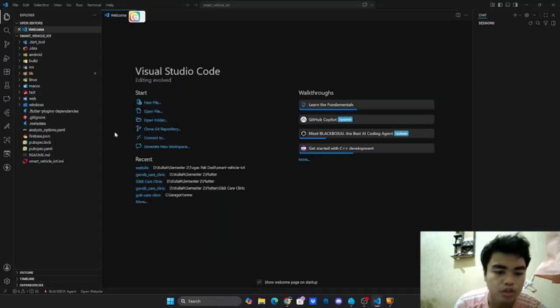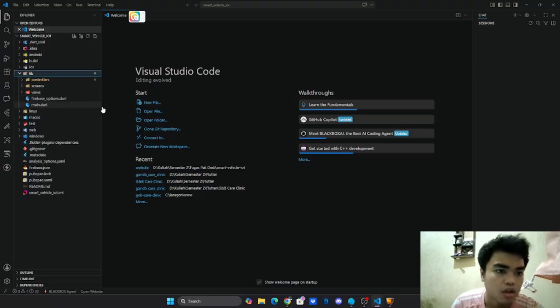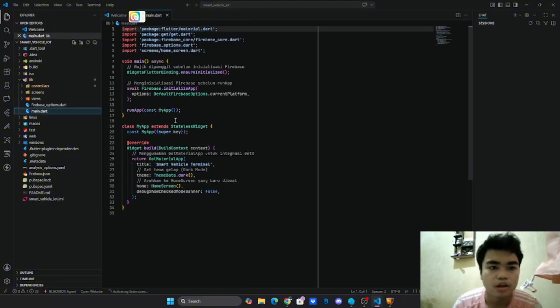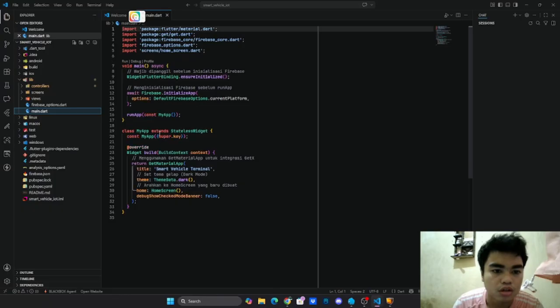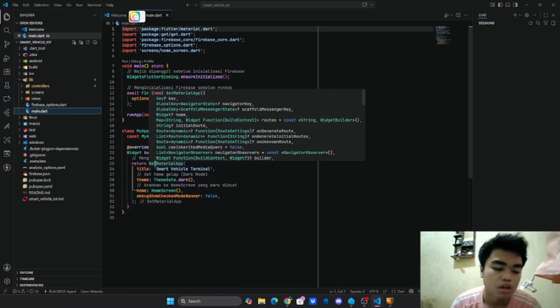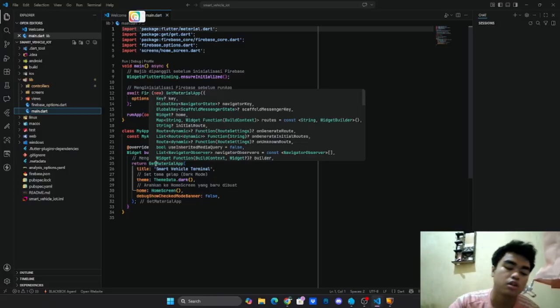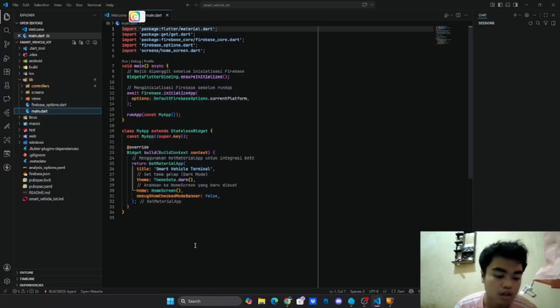I built this using the Flutter framework and it uses GetX for state management. This app is the primary controller and NFC reader. And third, the bridge connecting them together: the Firebase real-time database.